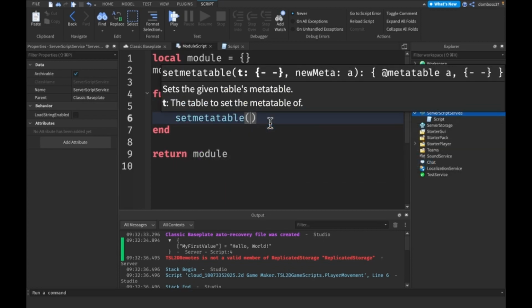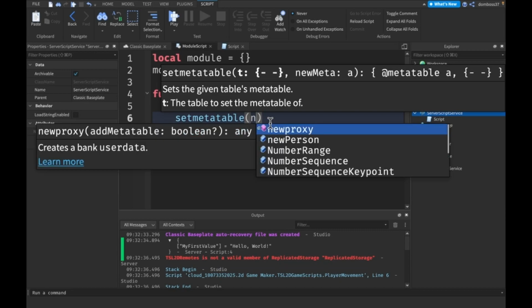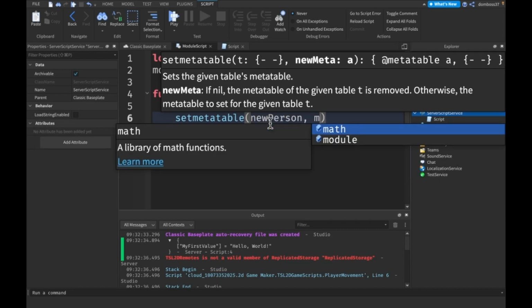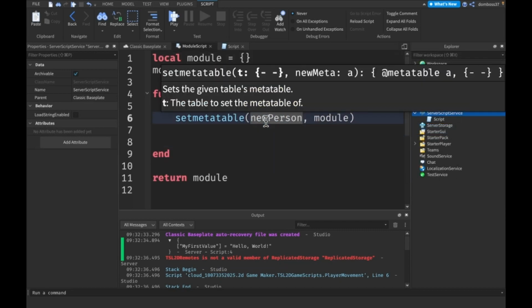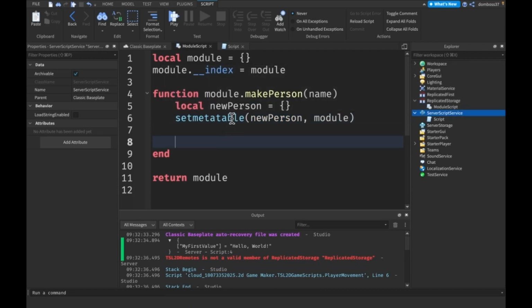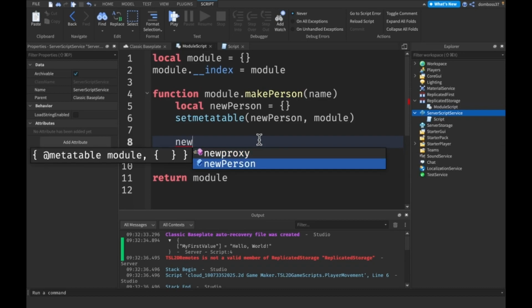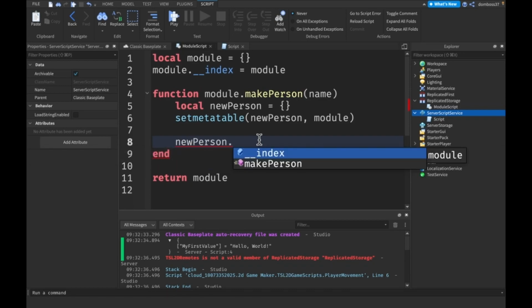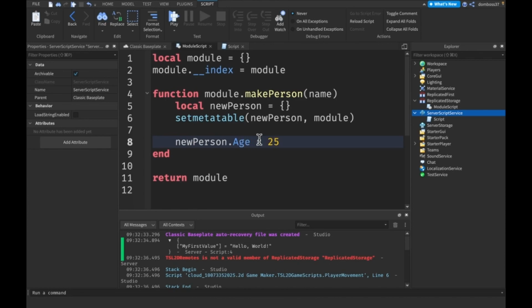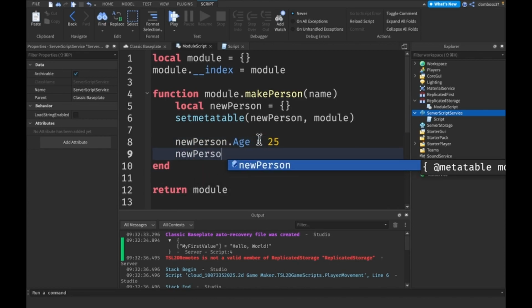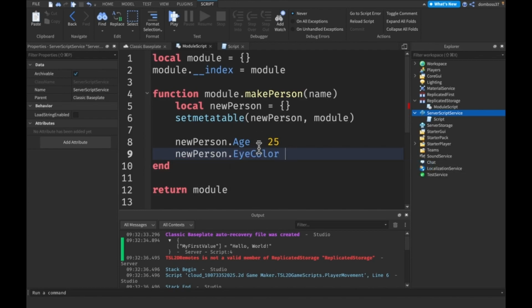And then here we want to set meta table, and we want to set our new person to our module. So now new person is a meta table of the module. Now what this means is if we do like new person dot age is equal to 25, and new person dot eye color is equal to blue, and then we return our new person,